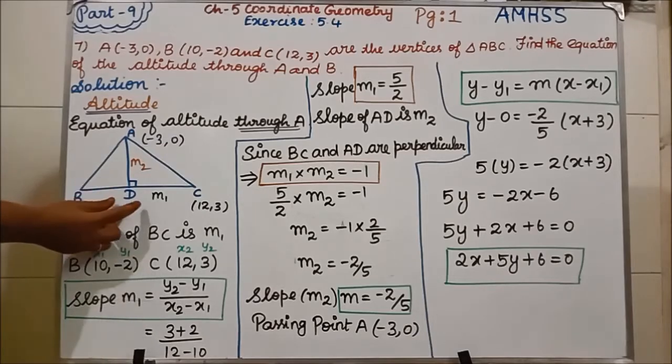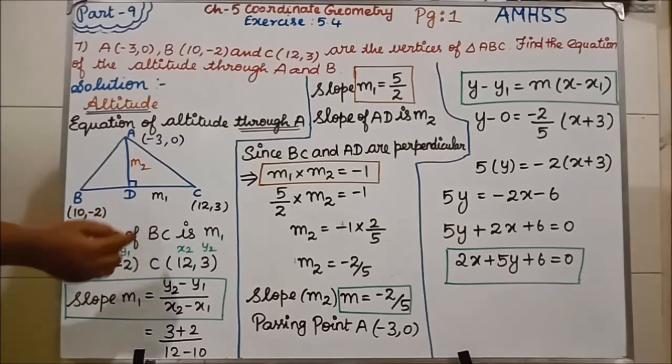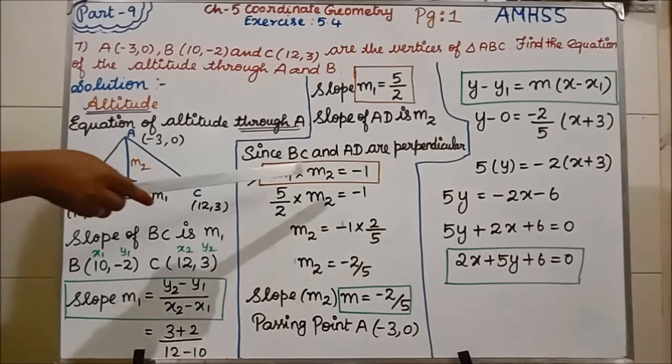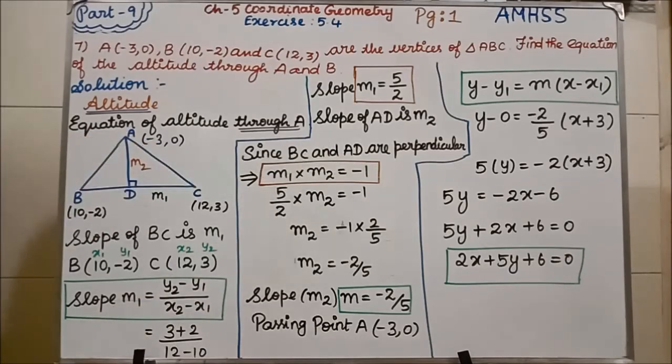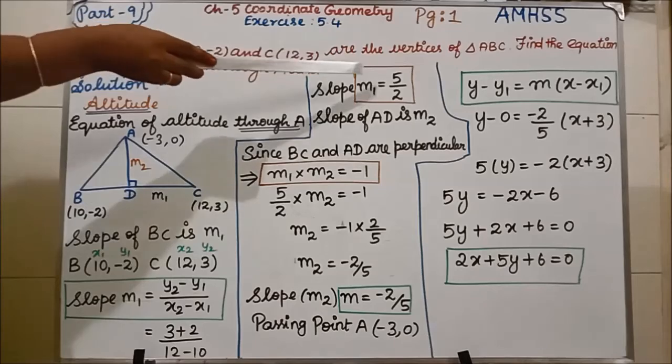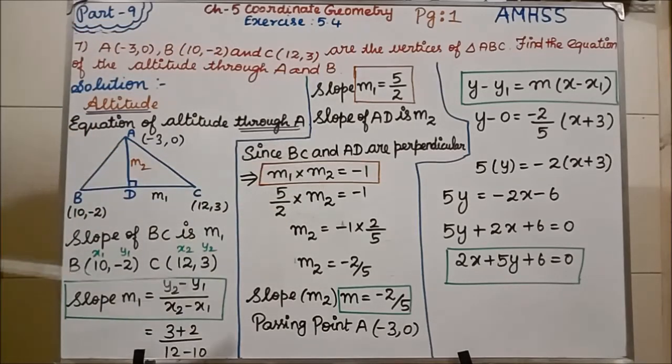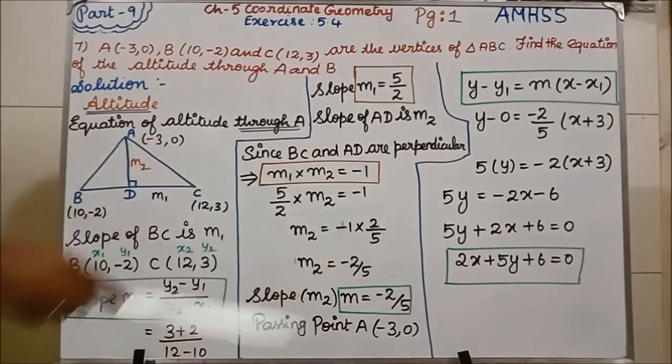Do you have vertex D? D vertex you are having the answer? We are not having. So we cannot find the slope of M2. So by that time, how will you find this M2 value? Because we know the formula perpendicular means M1 into M2 equal to -1. We know that formula, isn't it? M1 value what we have got? 5 by 2 into M2 value is what? We don't know. So we are writing as such M2 equal to -1.